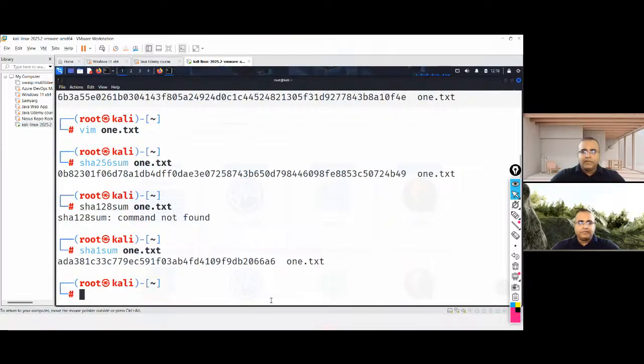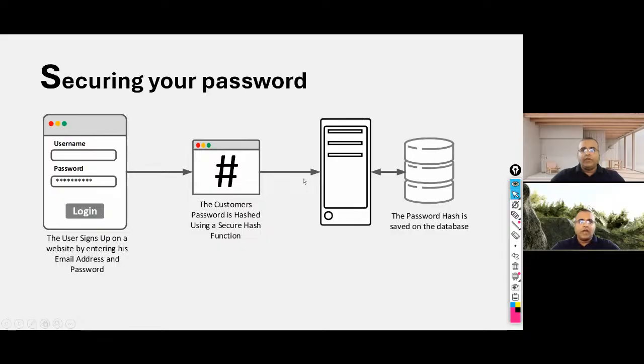So now let's come back. How do you secure the password here? They came up with this logic to use the hashing algorithm. As soon as you create a password, they're not going to store the password; they're going to run the hash algorithm.